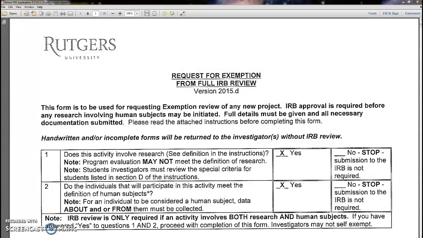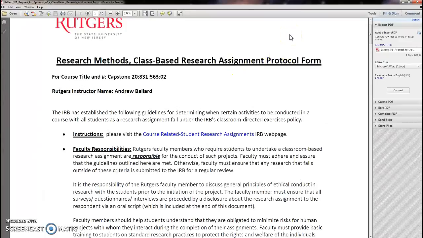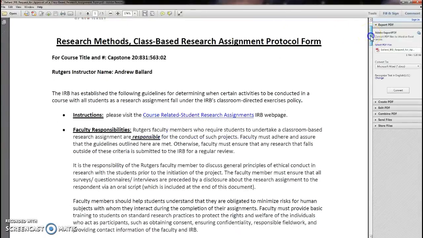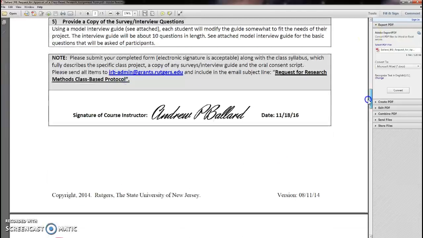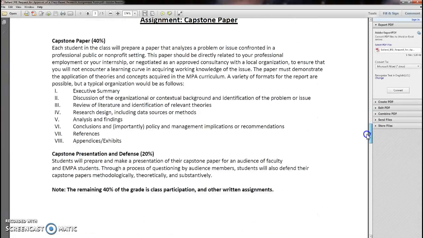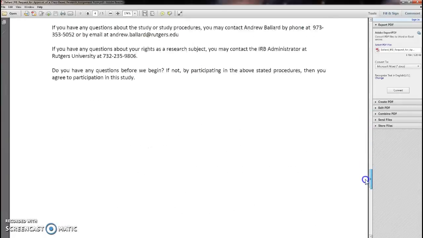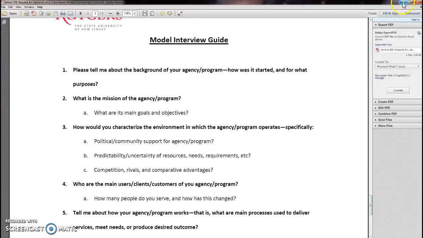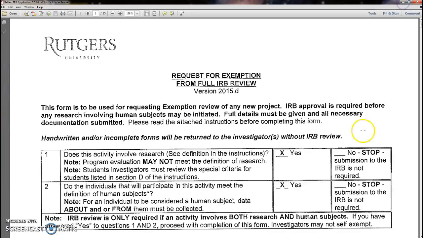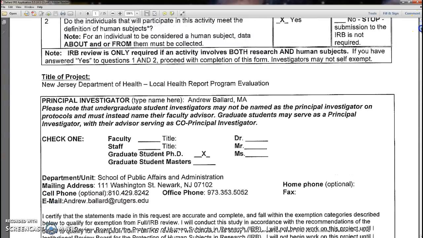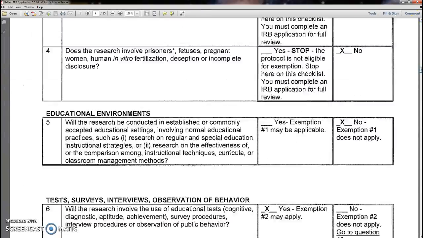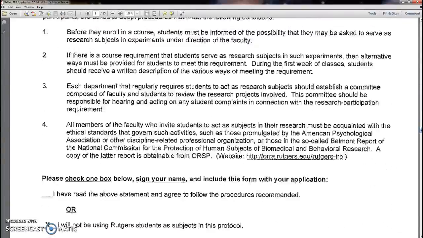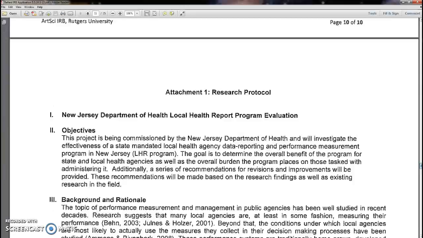So again, just to review these types of forms for a second, if you're doing a case study or program evaluation or something like that, and you're just going to be doing a short, semi-structured interview, then your IRB application itself is going to be taken care of by your capstone course instructor, and they're going to give you this form, and you're going to amend this form and give it back to your instructor. But if you're going to be doing a survey or a more extended interview or some sort of experimental design, then you have to apply for exemption, which is this longer application here, and the first big chunk of it is just checking off boxes, and then you get into your research design, objectives, and all that sort of